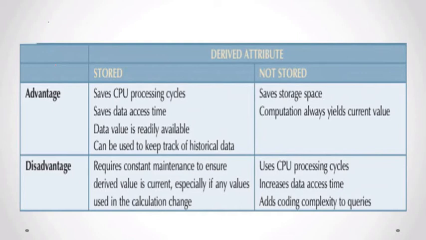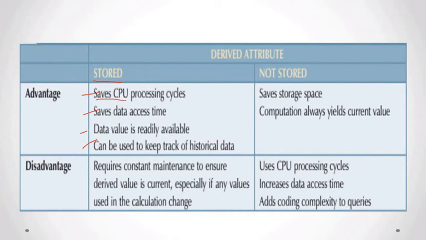So for storing a derived attribute, these are the advantages. It will save CPU processing cycle. It will save data access time. Data is readily available. It can be used to keep track of historical data. Okay? So, why does it